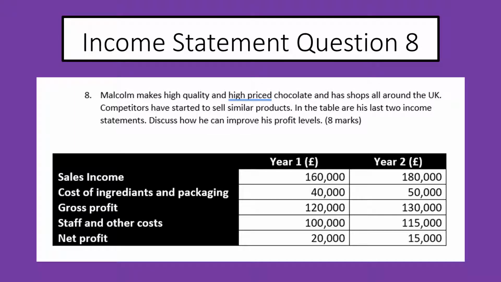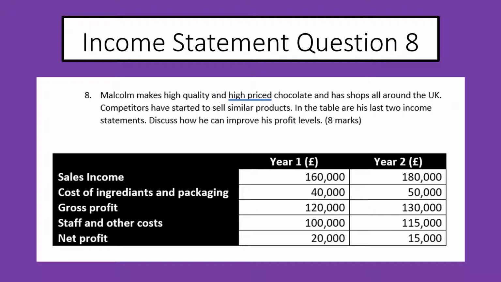This is the last income statement question, question 8, which is the long answer question. Malcolm makes high quality and high priced chocolate and has shops all around the UK. Competitors have started selling similar products. In the table, we have his last 2 income statements, and we are to discuss how he can improve his